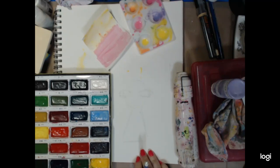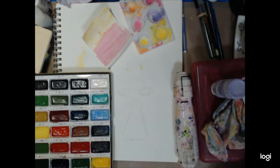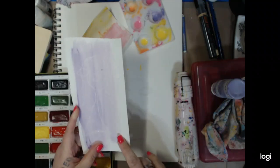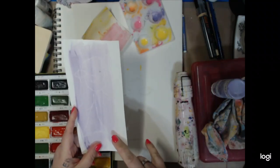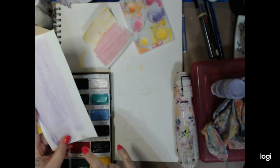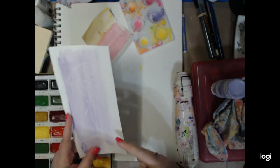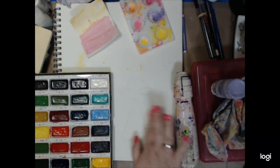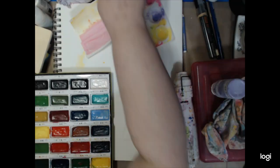So you can kind of see it. And like I said, you can see here, this is watercolor, and this is the purple from Plaid Folk Art. You could see it's much watered down and much better. Same thing. I like to just do a little dusting, no matter what color you're using, because you don't want